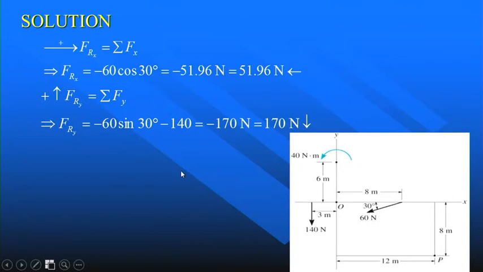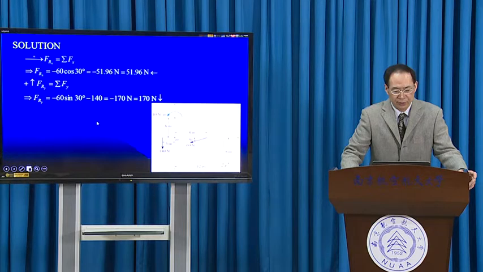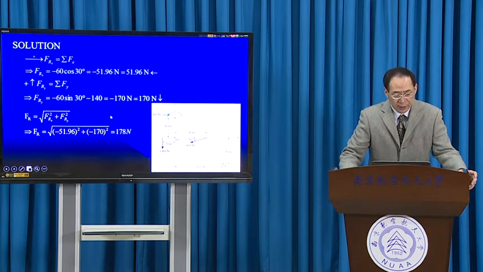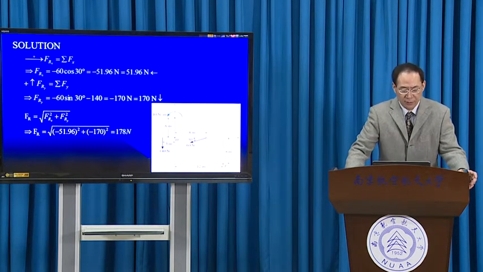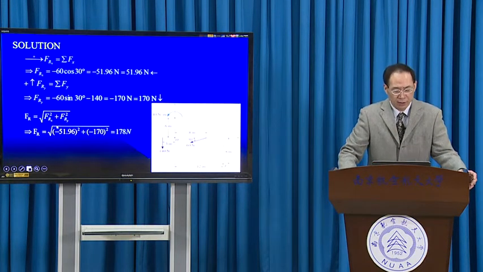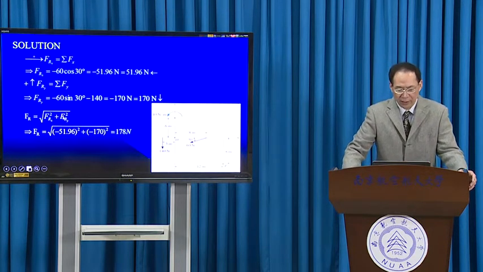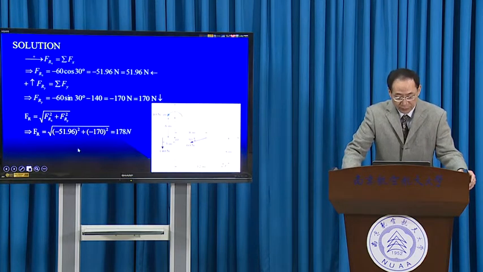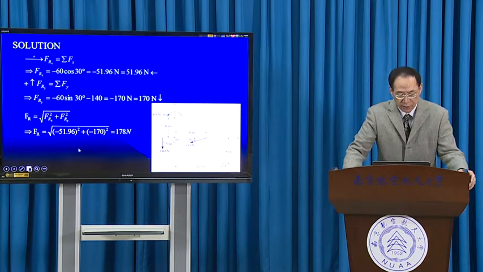These are the two projections. Finally, we can compute the magnitude of the resultant force, the principal vector. The magnitude is equal to the square root of the squared projections in the two directions. Finally, the magnitude of the principal vector is